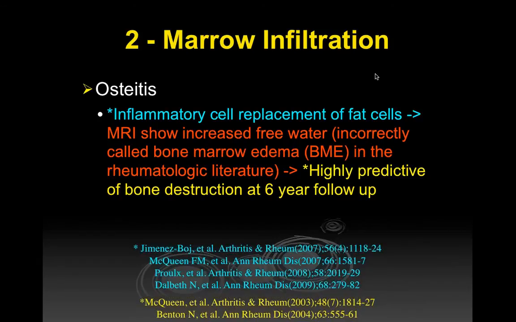So that's kind of the synovial enhancement. And the bottom line is, I think we'll talk about some of the studies later, synovial thickening is very common in rheumatoid arthritis, as you would guess, but it's not a very good predictor of future disease. And that's because